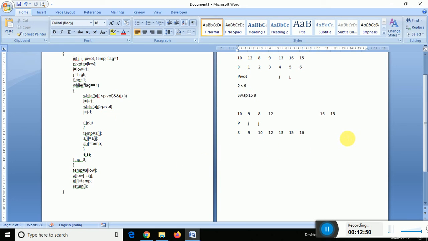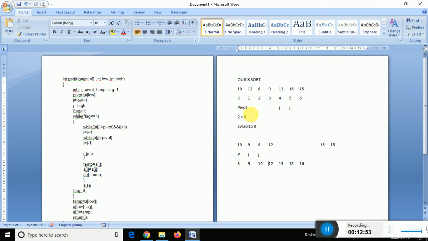What is the main aim of quicksort? The main aim of quicksort is taking one pivot element, and whatever the smaller numbers are, it will shift them to the left side, and whatever the higher numbers are, it will shift them to the right side. Suppose this 9 is the pivot element, smaller numbers will be shifted here, and the greater numbers will be shifted here. After this, we will not consider this pivot, we'll take this and make 10 the pivot, and again we apply the same rule. Here also we have to apply the same rule. Like this we have to work.